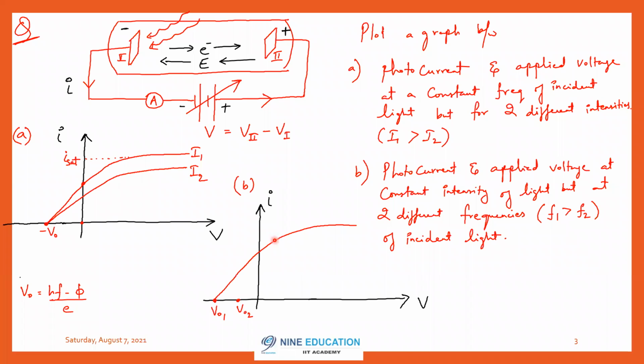The final saturation current is not depending on frequency. Frequency will decide whether electrons come out or not. Once electrons have come out, current depends on intensity. It does not depend on frequency. Frequency will tell you how fast the electrons are moving. So you can say that